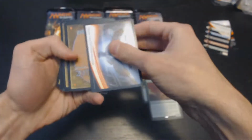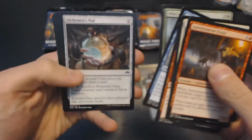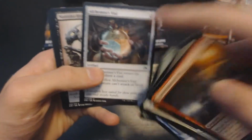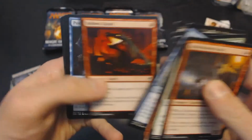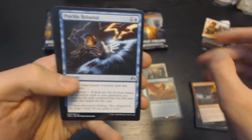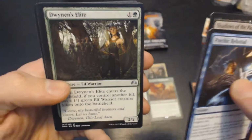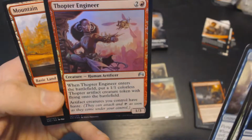And we'll just keep flipping and seeing if we can get like a Planeswalker. So no Planeswalker for this one. And let's go straight to the uncommons. I do want to get a foil of this one though. Alchemist Vial is actually a super sweet card if you can get it as a foil. So we've got Psychic Rebuttal, Shadows of the Past, Dwyer's Elite, Soulblade Djinn, a Thopter Engineer, which is...